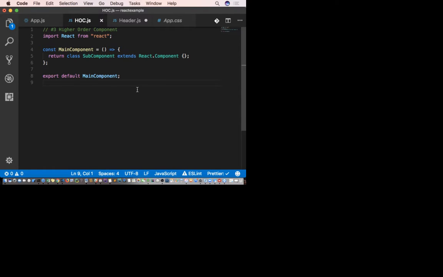Well, the third one, it's a little bit advanced. It's a little bit interesting. It's a little bit complicated. It's a little bit difficult. It's a little bit fascinating. But it's the most useful component in React. Higher order component. Once again, we might not have the chance to cover this today, but it's out there. It's worth checking it out.